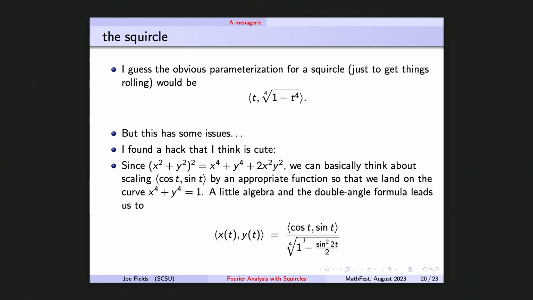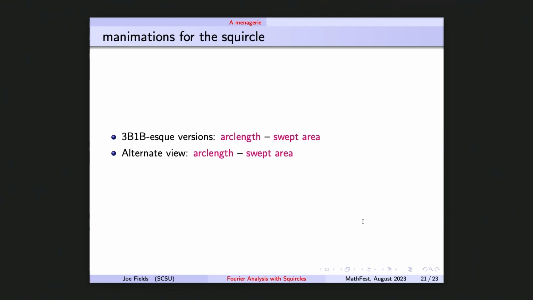You can basically think about taking the regular circle's parameterization and then scaling it radially so that you get something that lies on the x to the 4th plus y to the 4th equals 1 curve. And dividing by a 4th root of something is the thing to do. So starting with that parameterization, I was able to put it through this machine that I built and get our various